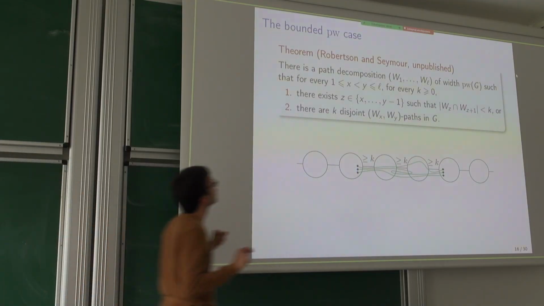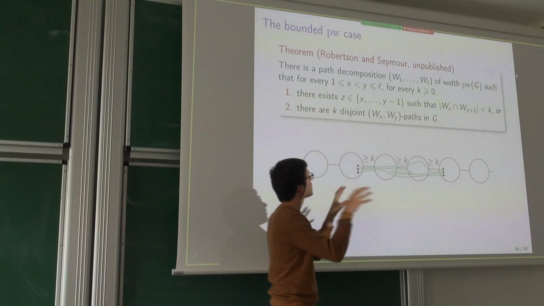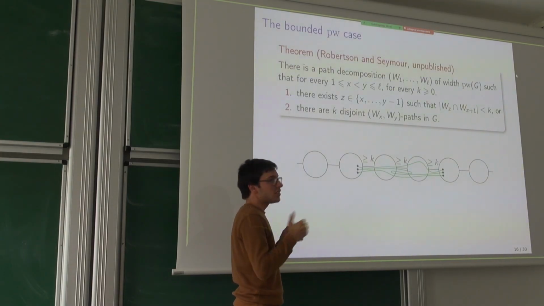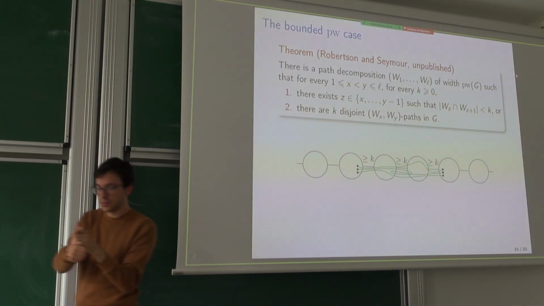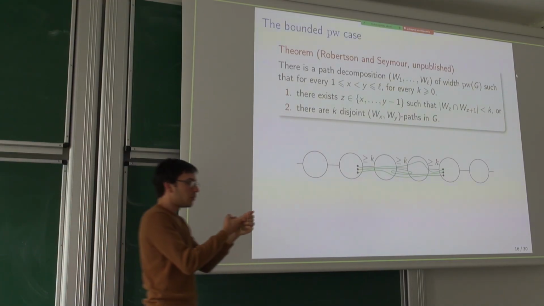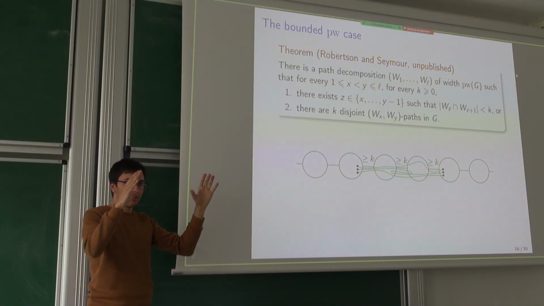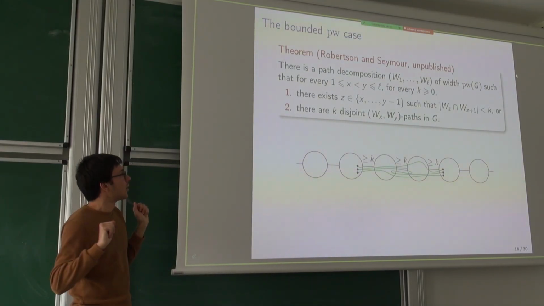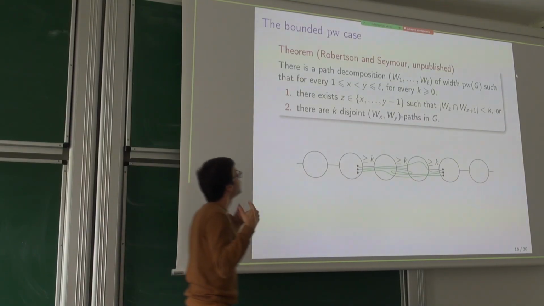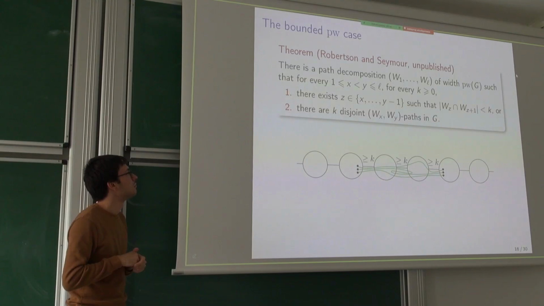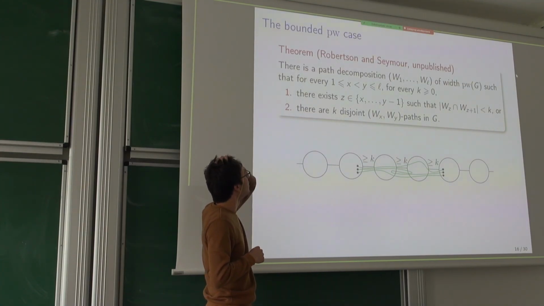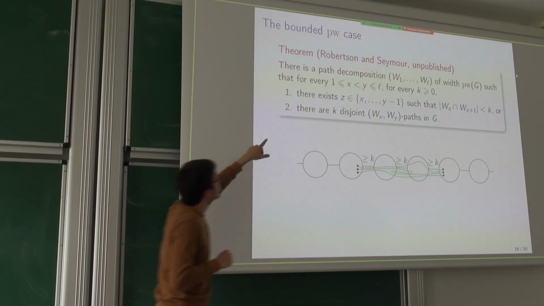What is a path decomposition first? It's a sequence of subsets of vertices, W1 up to WL. And it's a path decomposition if first every edge lies inside one bag, and every vertex u, when you look at all the bags Wi containing u, it gives an interval of bags. Okay, that's only consecutive bags. Okay, so this is the definition of a path decomposition, and now the pathwidth is the minimum over every path decomposition of the maximum size of the bag, minus 1. Okay, so sorry for this very quick definition of pathwidth, but now we can prove this special case where